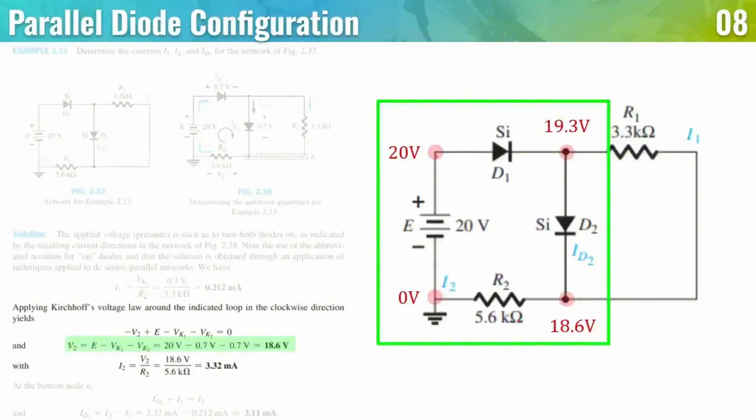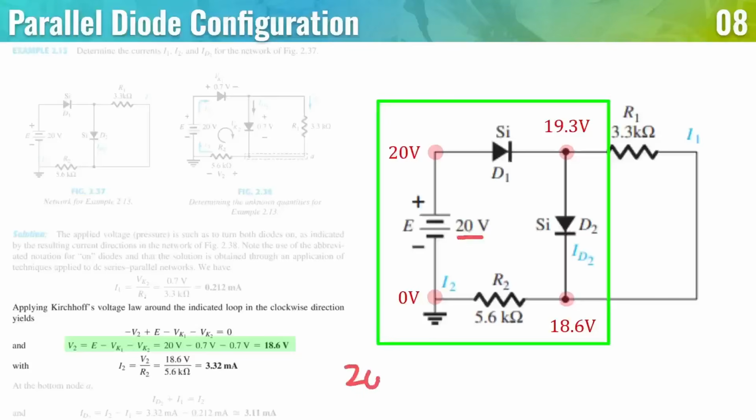Next, we can use Kirchhoff's voltage law or nodal analysis to determine the voltages here. So I'm just going to show that both of them work. So first of all, I'm going to show Kirchhoff's voltage law around the loop, since that's what's here. So we start with 20 volts,